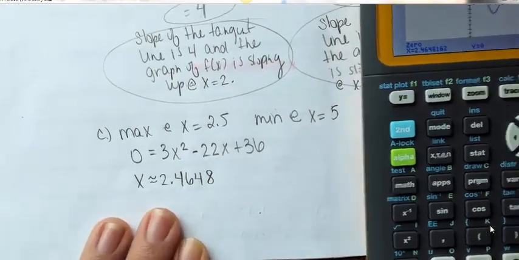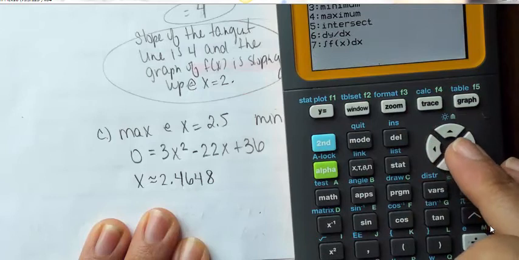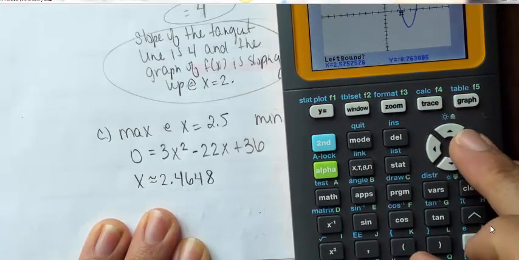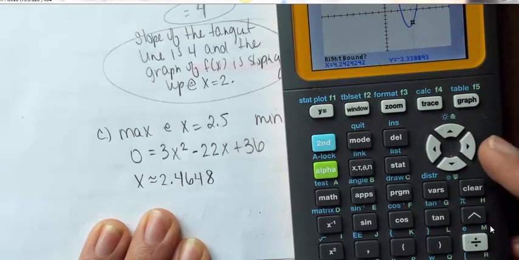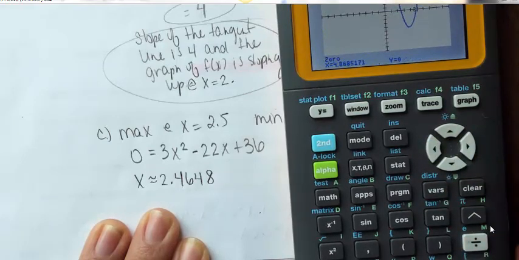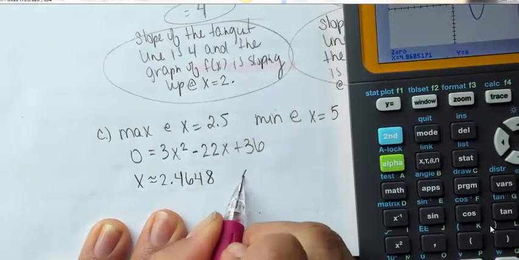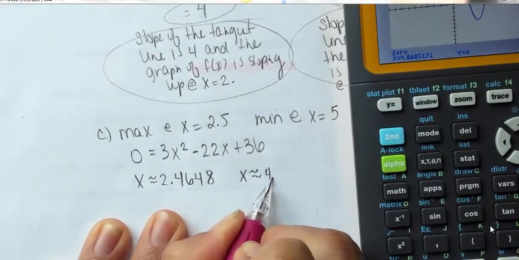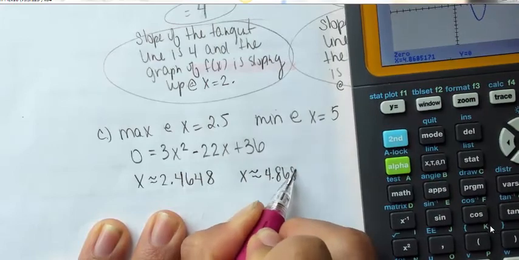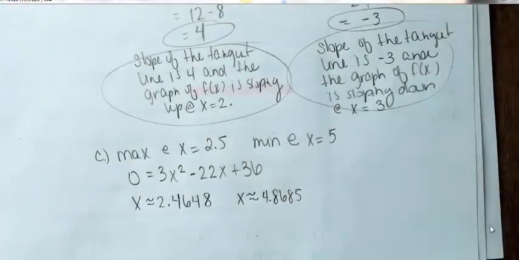Okay, that's one of them. And then I'll do my other one. And 4.8685. Okay, so those are my two x values,